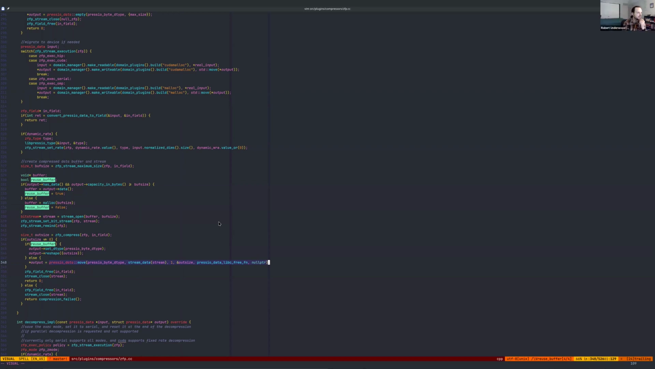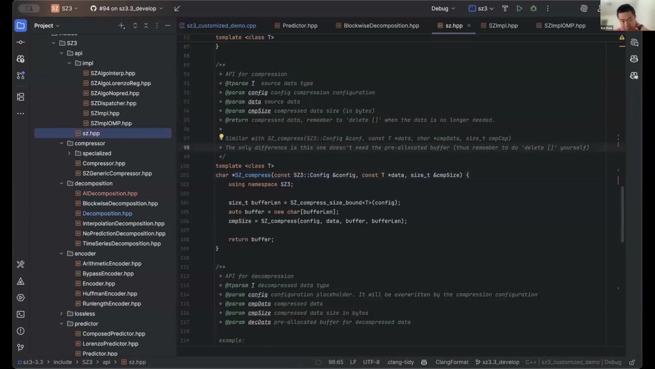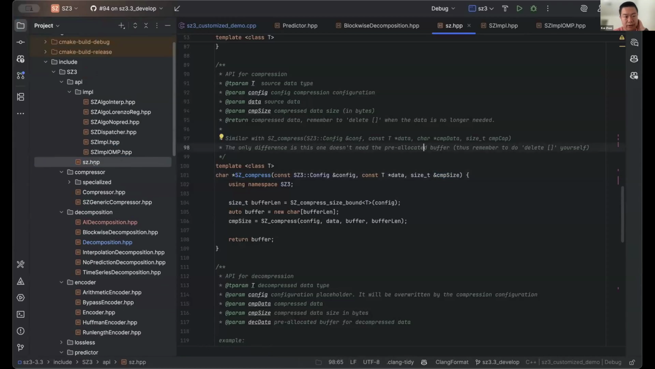Is there an equivalent set of APIs in SZ3? Yes, let me show you. It's the high level compress, no decomposition. This is the SZ.hpp, the high level